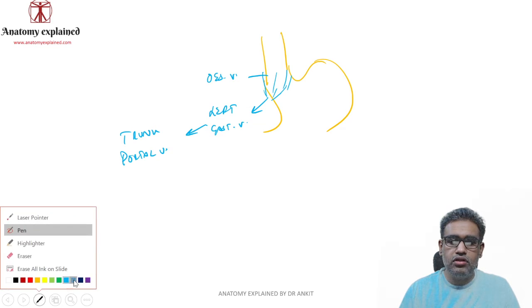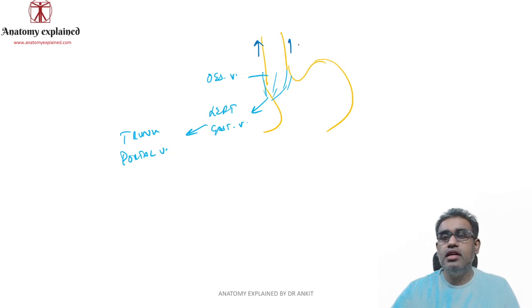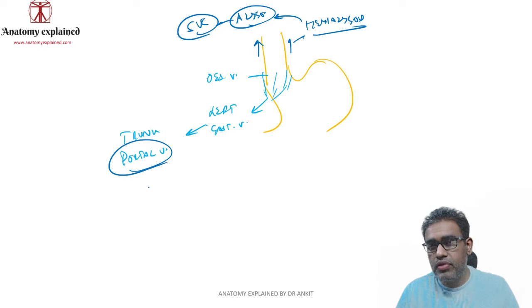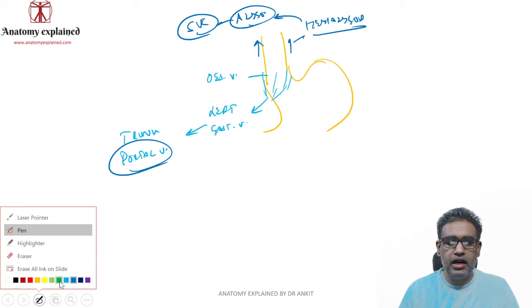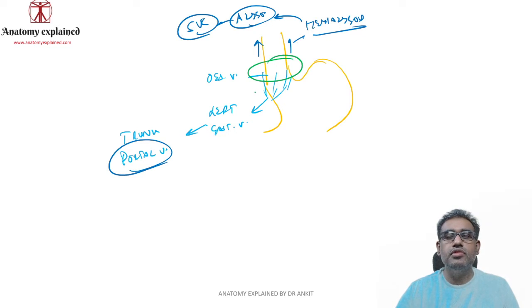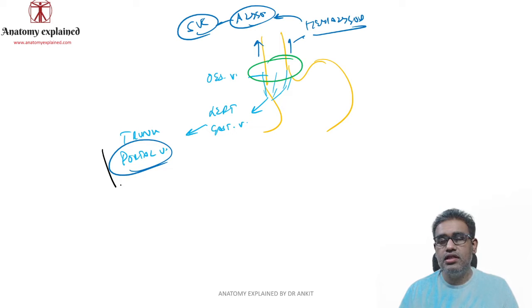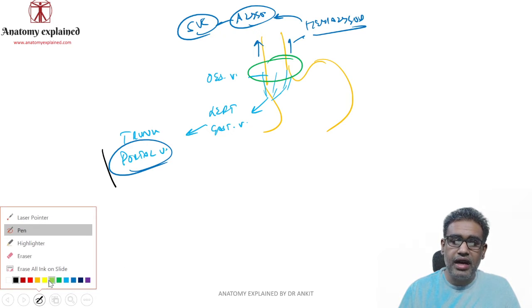Now the upper end of the esophagus also has esophageal veins, but those go into the azygos system. First they normally go into the hemiazygos because it is on the left side, then from the hemiazygos they ultimately go into the azygos, and that goes into the SVC. So you can see the SVC and the portal vein, the portocaval anastomosis. This is the upper area of the portocaval anastomosis. Now again, imagine this portal vein is being obstructed over here due to whatever cause, normally liver cirrhosis. The pressure will build up over here, and therefore the venous plexus will start to dilate.